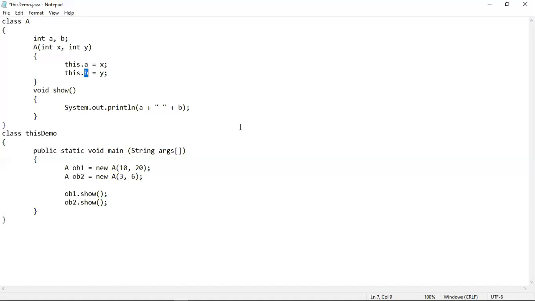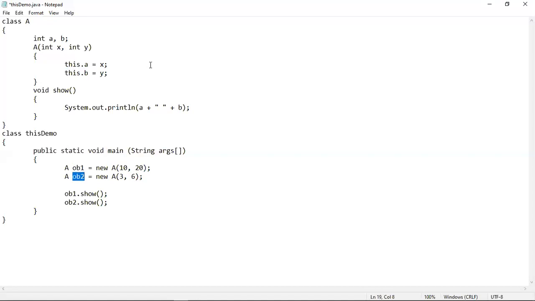Then in the next statement, when we are dealing with the object ob2, then using this keyword before this a variable will remind the compiler that currently you are dealing with the object ob2 and a value 3 has been passed into the instance variable a, which is a value that has been passed into a using the object ob2, which is the current object. Same is the case with this keyword before this b variable also. This will make the compiler understand explicitly that currently you are dealing with object ob2 and a value 6 has been passed to the instance variable b using the current object ob2.